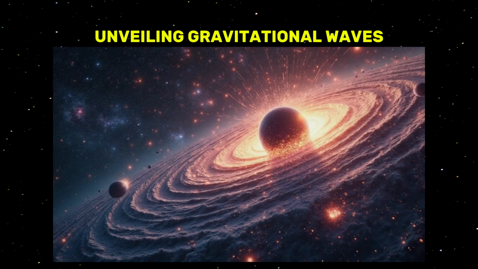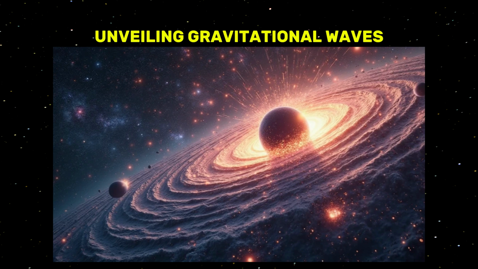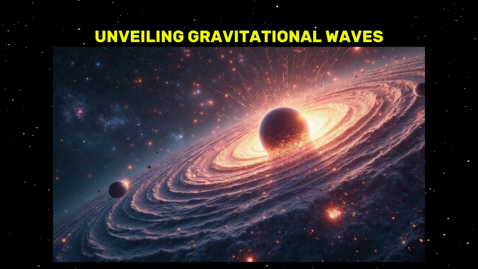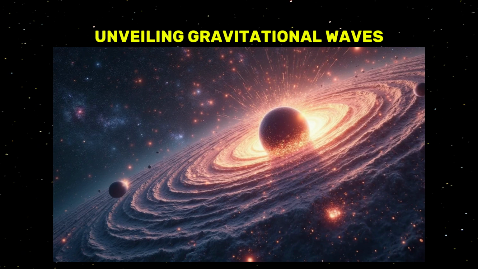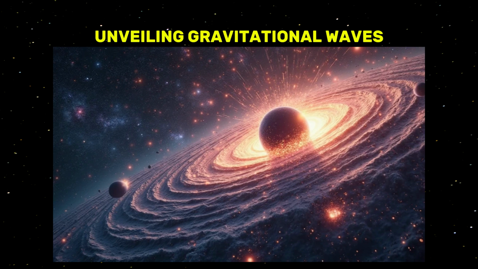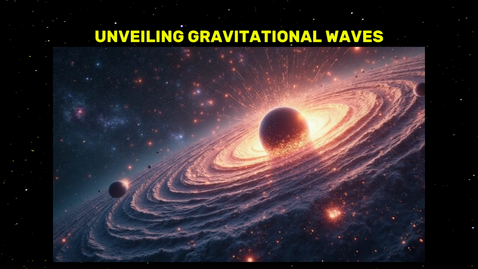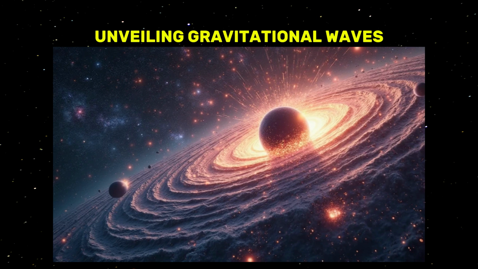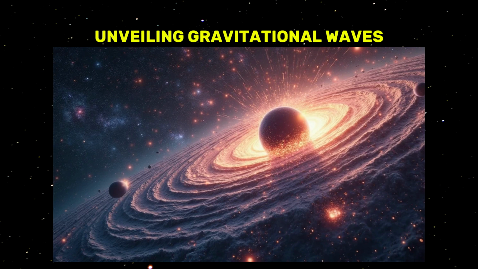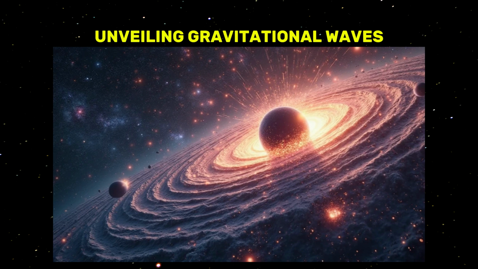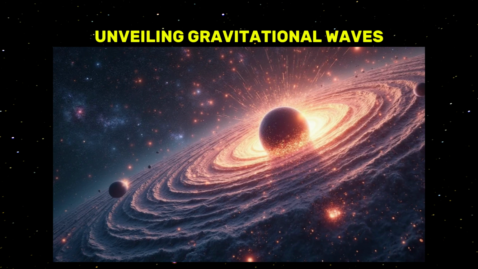Unveiling gravitational waves. Imagine you're beside a serene lake. The surface is so calm and clear that it mirrors the sky above. Suddenly, someone tosses a pebble into the still water, and gentle waves begin to ripple outward, distorting the reflection. Now, replace the pebble with a monumental event, such as the collision of two black holes or the explosion of a dying star. Instead of water, picture the ripples moving through the very structure of space and time. These cosmic ripples are what we call gravitational waves.